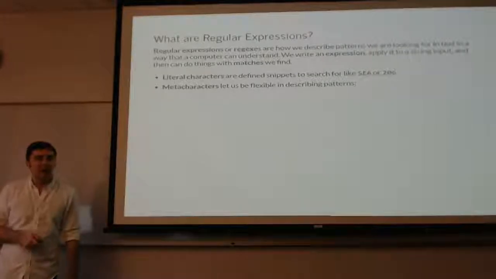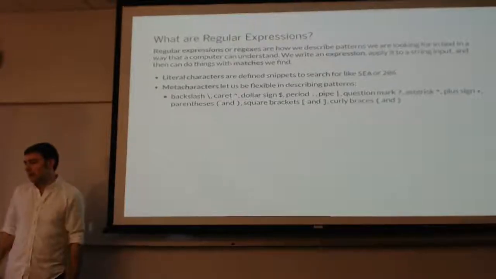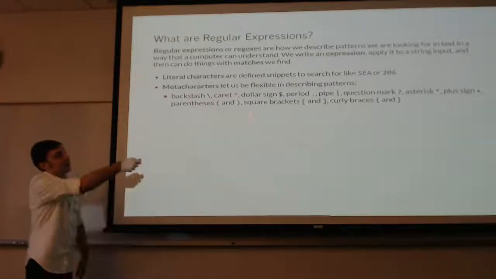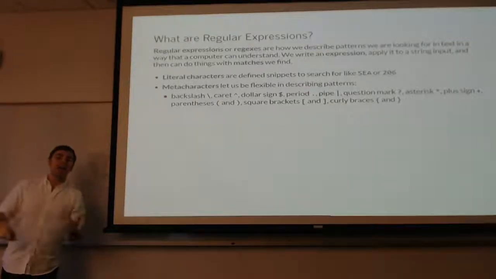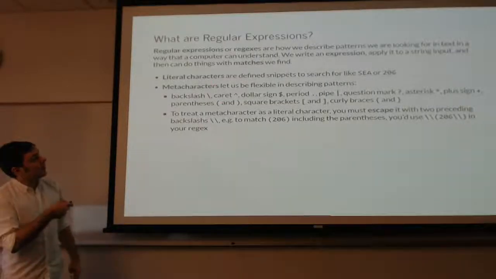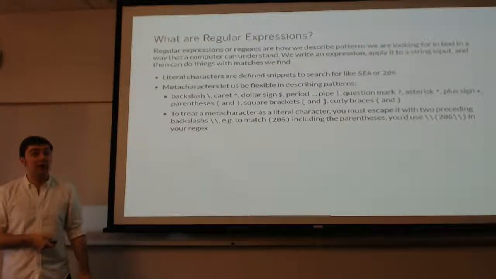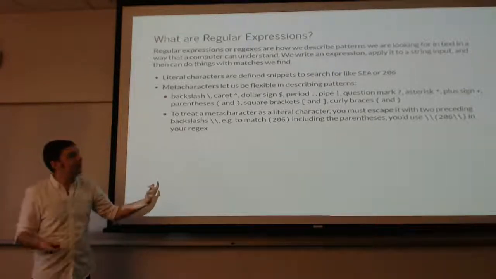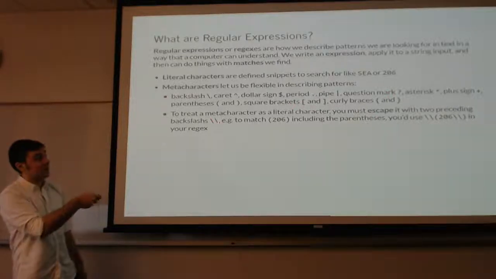There's also meta characters in regular expressions that let us be flexible in how we describe patterns we see in the data. These things include backslashes, carets, dollar signs, periods, pipes, and a million other things. All of them have some sort of unique meaning in regular expressions that will control how it searches for stuff in text. If you want to treat a meta character as a literal character, say you want to search for a period, you don't want to treat a period as being a symbol. Period by default stands for any character. If you want to actually search for periods, you have to do something called escaping it. And by escaping something in R, it means you put 2 backslashes in front of it,